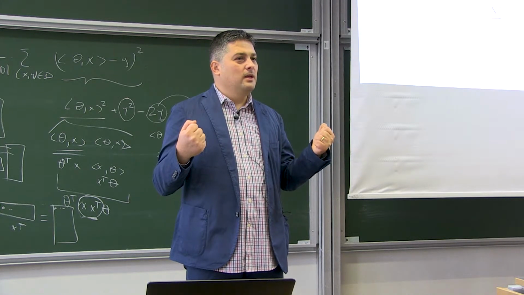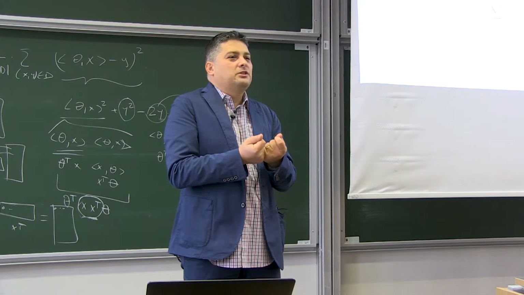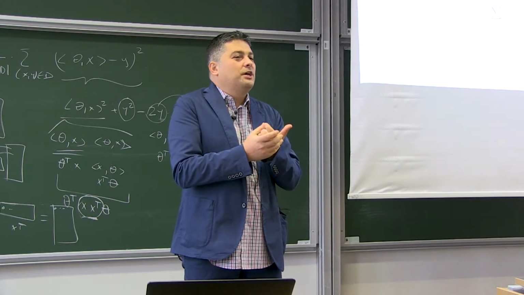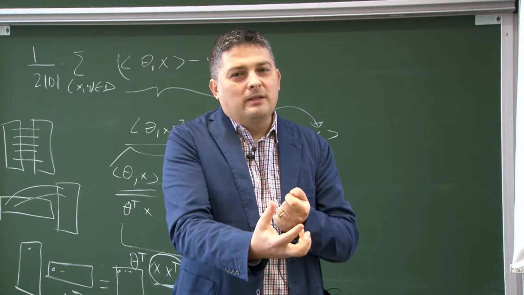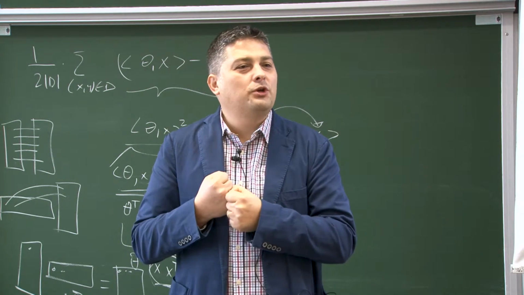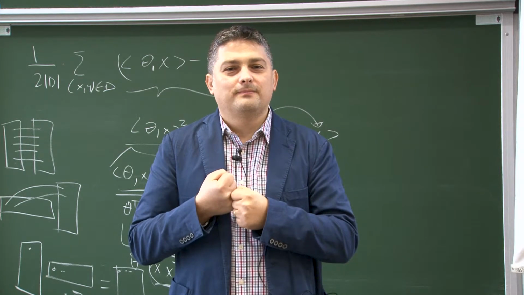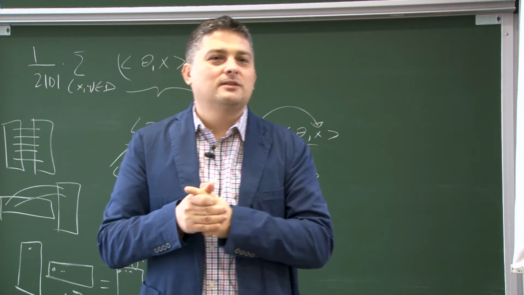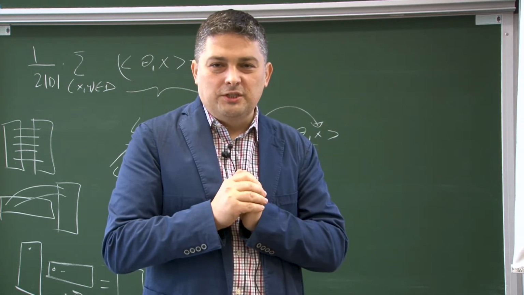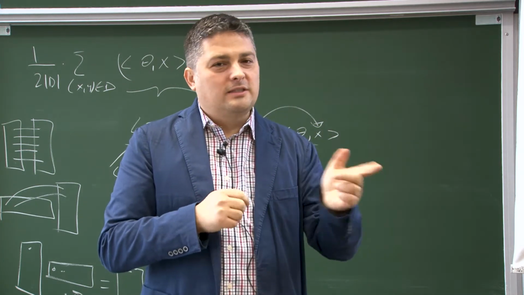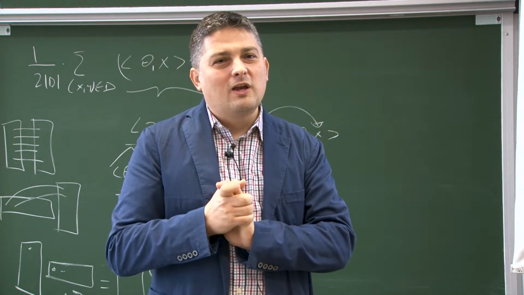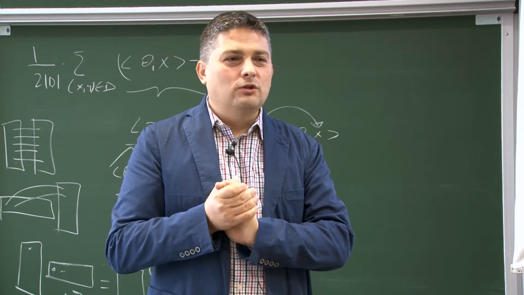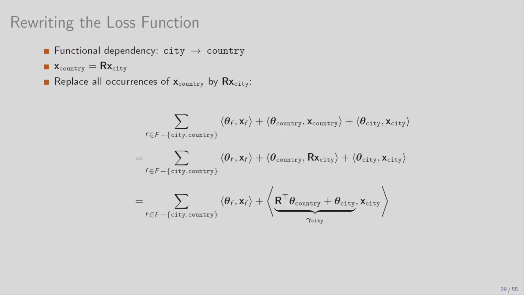Does this make sense? So now the question is, how can we possibly change this objective function to account for the fact that we took the parameter theta for country away? We took it away. How can we do that? So first of all, we look at the case of the square loss function and see how we can take it away. And the second thing will be to look at the regularizer. The regularizer is a bit more complicated because it is a quadratic function. The square loss here is actually, well, it's still quadratic, but somehow it's easier. Okay, so let's see.